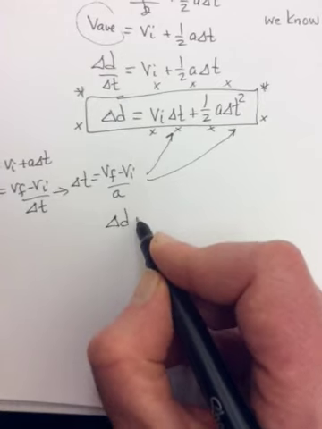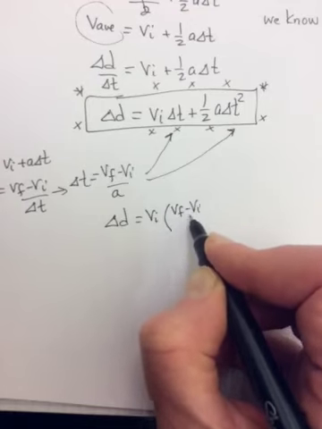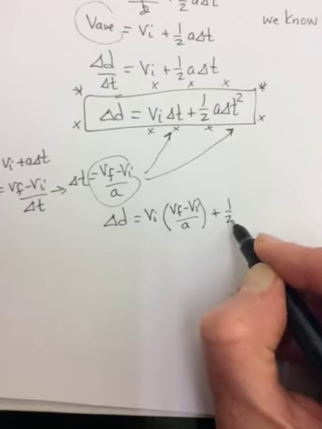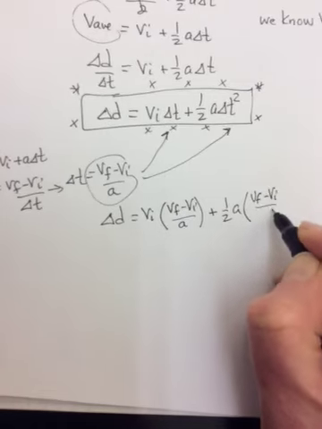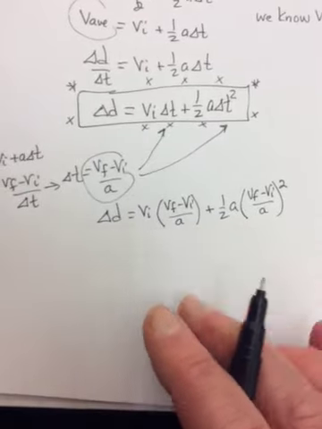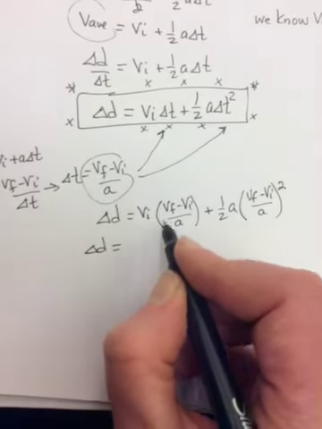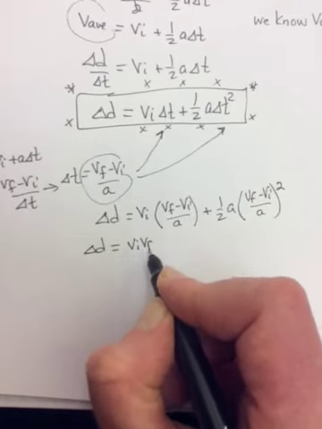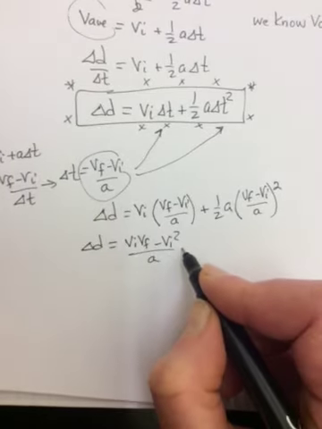So it's going to become delta d is equal to vi brackets vf minus vi over a from here, close the bracket, plus 1/2 a bracket vf minus vi over a, and unfortunately that t is squared. Remember I told you I would never make you do this. I just want to show you that it's coming from what we already know. So if I multiply through here with the vi, I will get vi vf, and then I will get minus vi squared, and those are both over a, plus